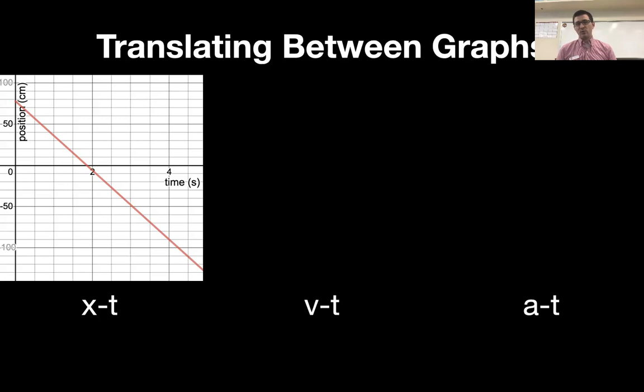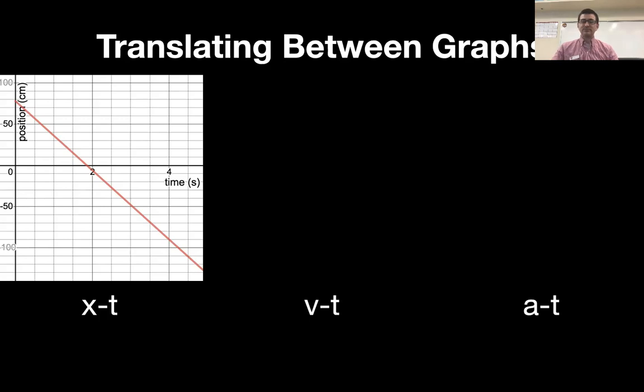So like we said before, the velocity is the slope of a position versus time graph. So we can calculate the slope of our XT graph. And again, hopefully your math abilities are strong enough to recognize that that has a constant slope. So if we calculate the slope using any 2 points, we are going to get the same value, negative 42